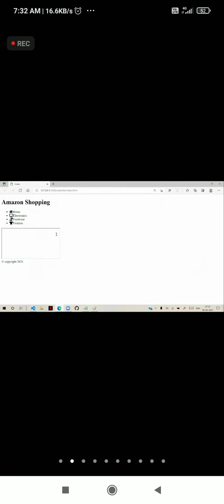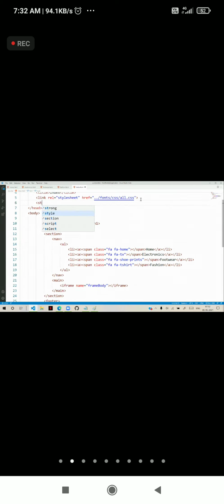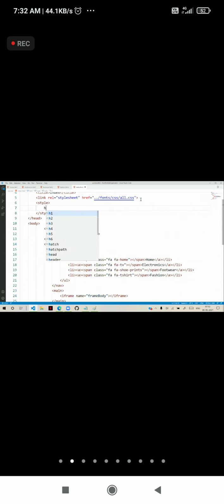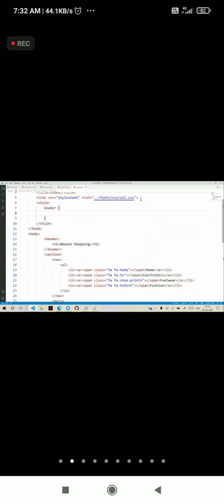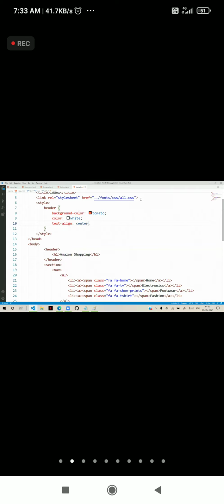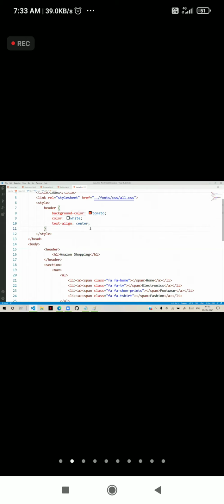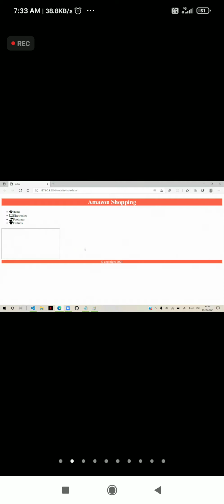Okay, let's create some effects now. I will define style, and for the header we are defining background color, and color is white, and text aligned to center. All these things we are defining. Now the same I am giving for the footer also, so header and footer.